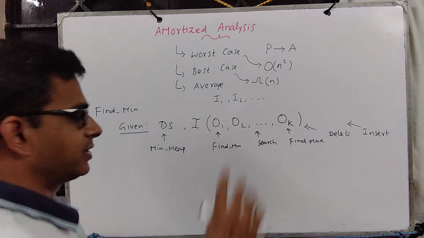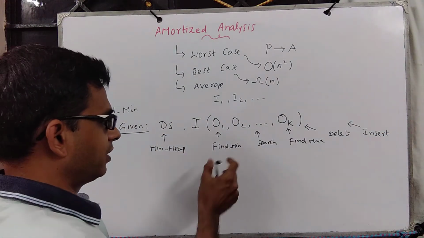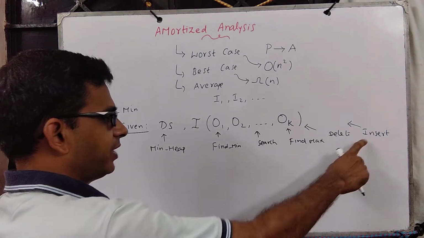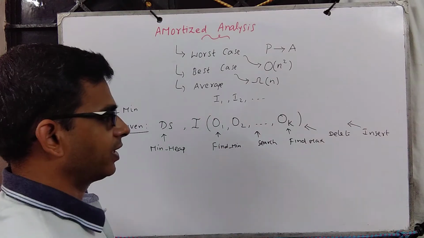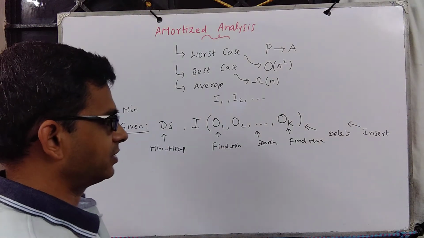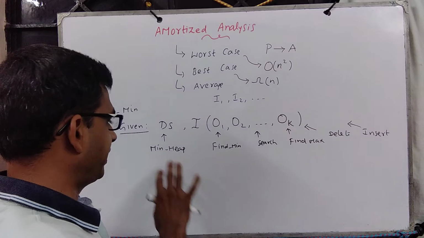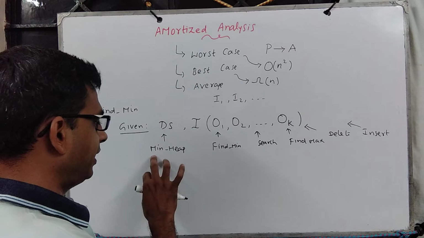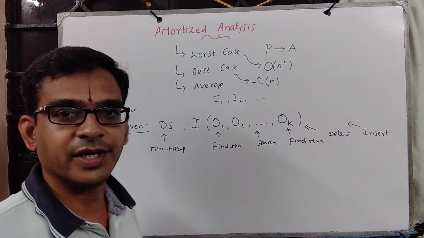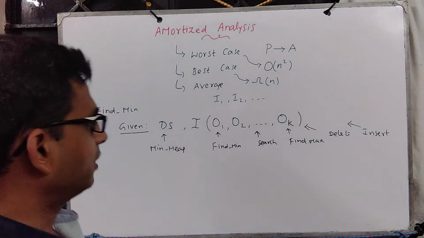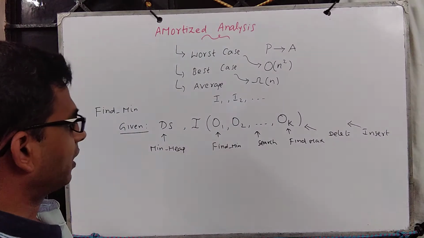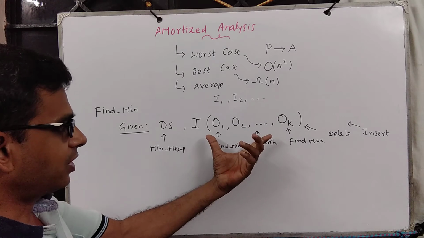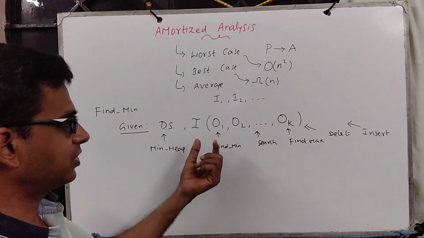So each operation is unique. This says you find min out of this data structure, or insert an element into the already existing set of elements, maintaining the property, so after insert I should get back a heap, and in particular it should be a min heap. Now the question is, how do we analyze a data structure along with a sequence of operations? It is not just one.